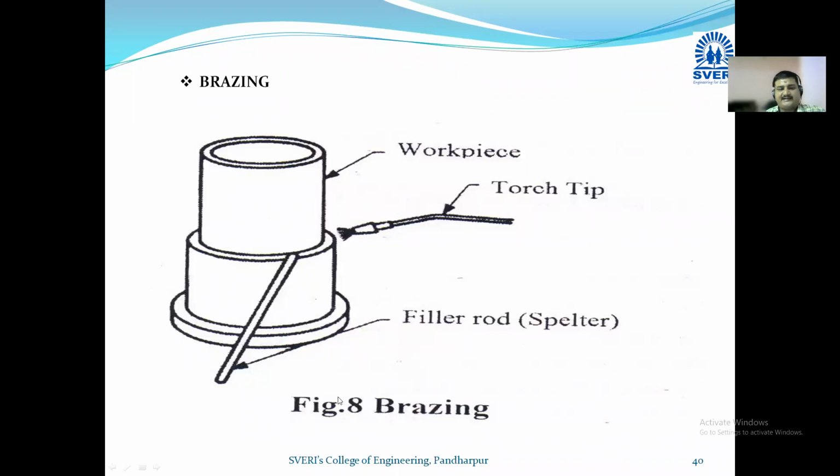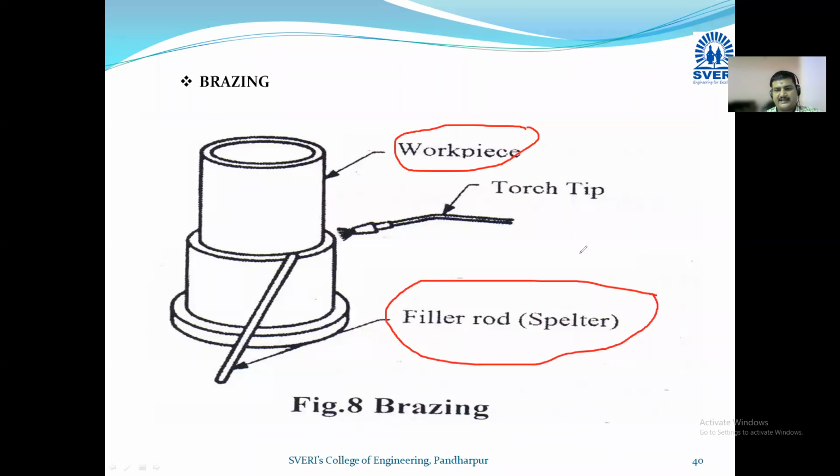And here you can see that there is also the requirement of workpiece, filler rod, and torch. Means this is also a fusion process. We are providing the heat, we are melting the part, and by melting the filler rod, we can put the material of the filler rod in the cavity so that the workpiece is going to get